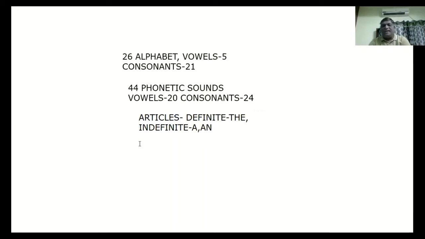So a and an are indefinite articles, and the comes under definite article. In the indefinite article, we have a and an. And even this a is very often pronounced as a, not a. For example, I read a book. If you say it the other way, it looks funny. I saw a movie. I met a boy. I met an old friend of mine.